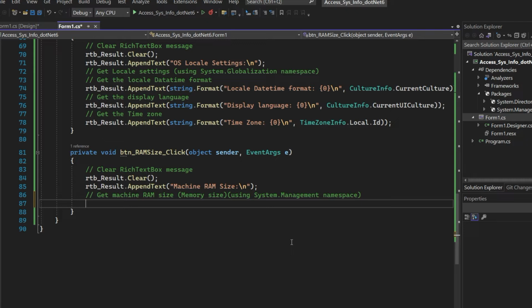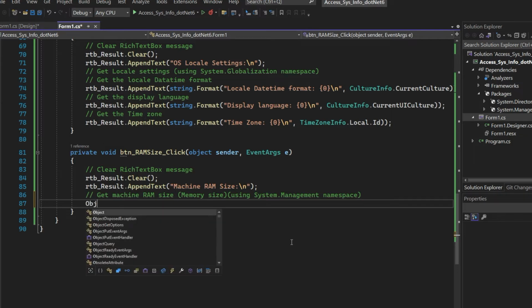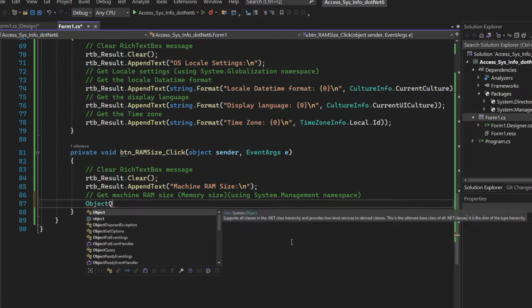Retrieving data from the system.management namespace is a little bit trickier than using system.globalization to get the locale settings. Here is what we're going to do. First, we declare an object query data type.